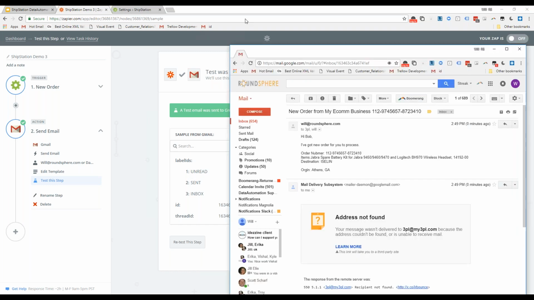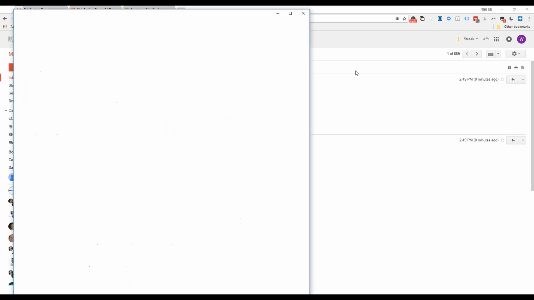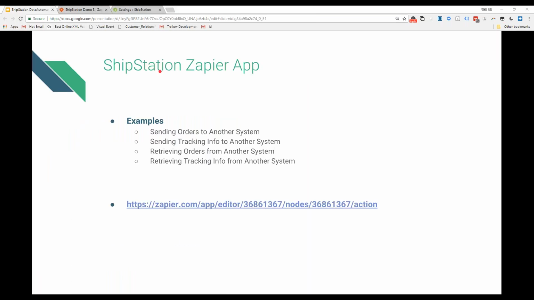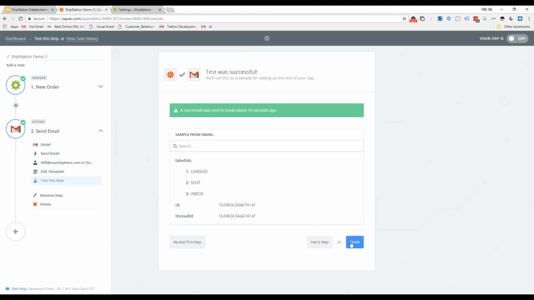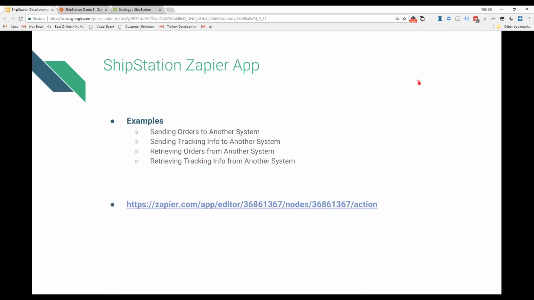You can see here, hey Bob, I've got a new order to process, and it brought in that information. And then it says, hey, 3PL, my3pl.com doesn't exist. So you can see the email did in fact go through, did what it needed to. And the last step of your process is to finish and turn that puppy on. And then from then on out, it'll push things through and get to where it needs to go. All right, so let's jump back in here to our